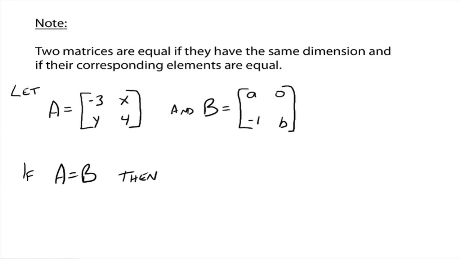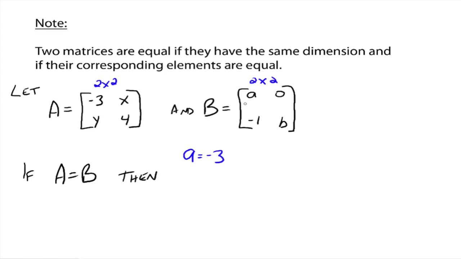Another note. Two matrices are equal if they have the same dimension and their corresponding elements are equal. So here are 2 matrices. This one's a 2 by 2, and this one's a 2 by 2. So if they're going to be equal, well, they have the same dimensions, so they could be. So if A does equal B, then what has to be true? Well, then A has to equal -3,